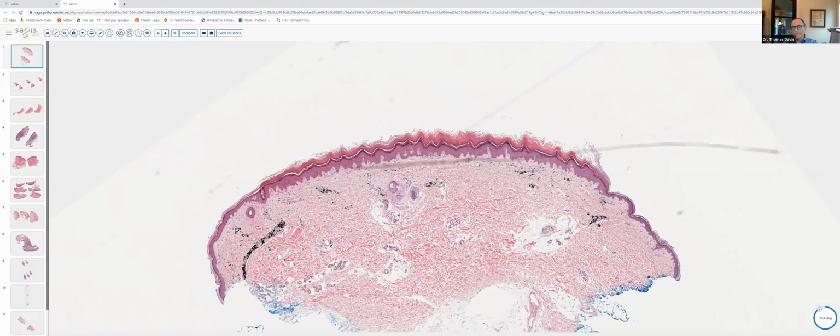So our fifth case is the last in our trio of agents that are used to help stop bleeding in biopsies. And we've got here a punch biopsy. This is again from a volar surface. There's compact orthokeratosis and a little bit of epidermal hyperplasia, fair amount of fat here, and some eccrine coils, but no hair follicles. And then in the central portion of the specimen, right below the papillary dermis,